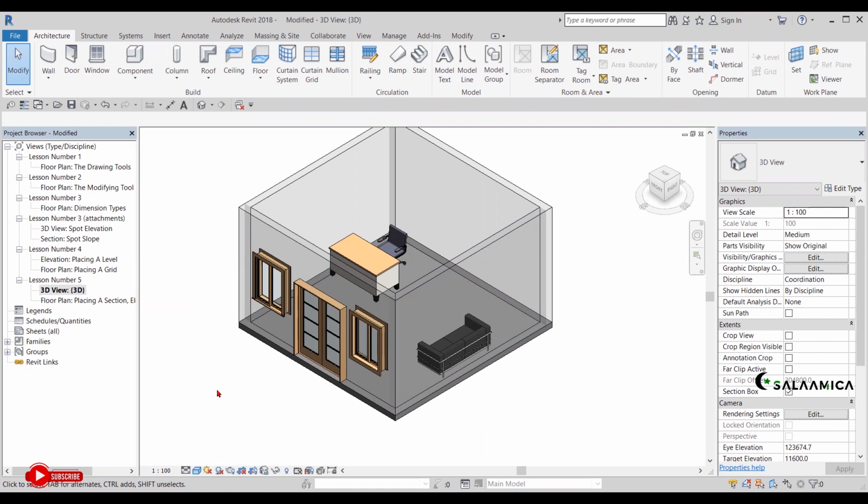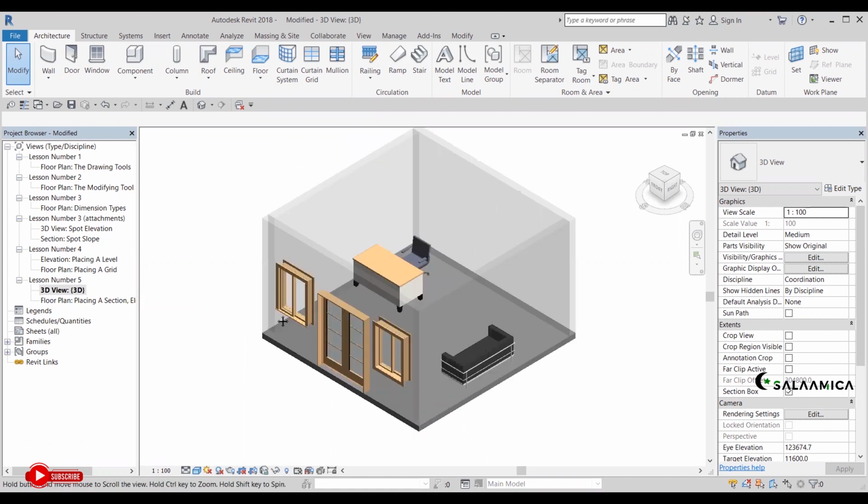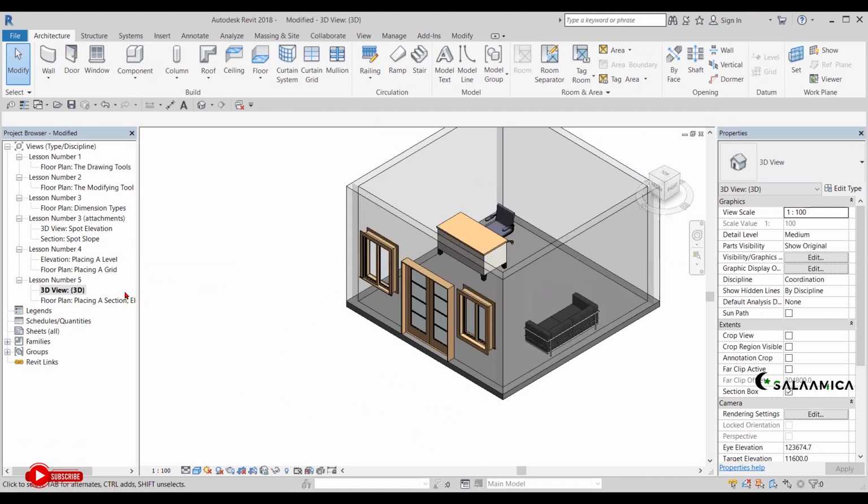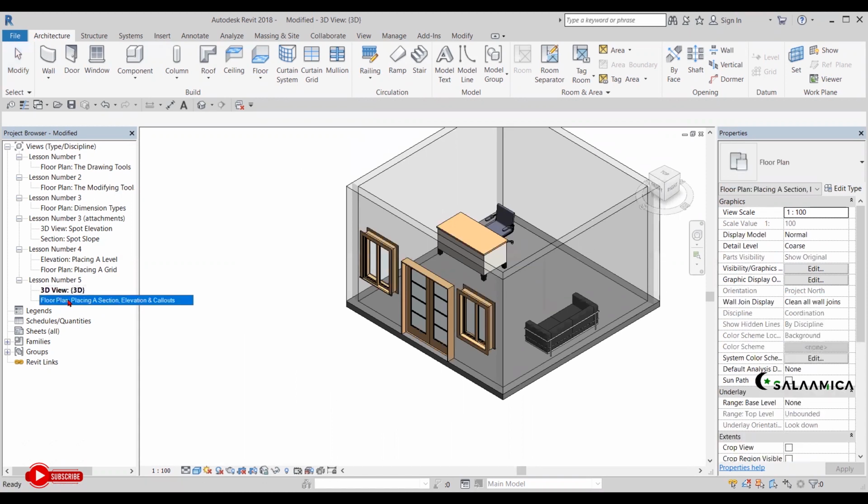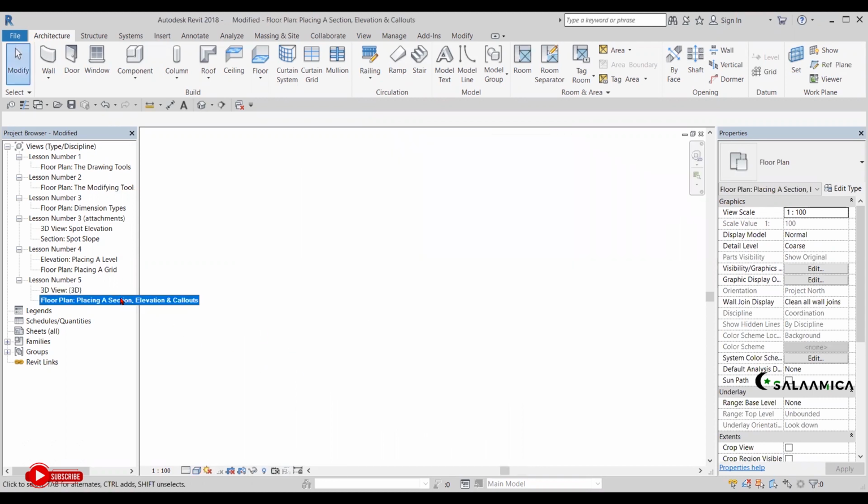Okay, now, so you see this small house as well, sir? Let's go to the place here, floor plan. Placing a section, elevation, and a call out. Again, what you need to press when you didn't see anything on the drawing area? If you didn't see anything, what do I need